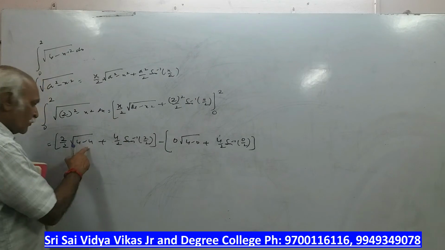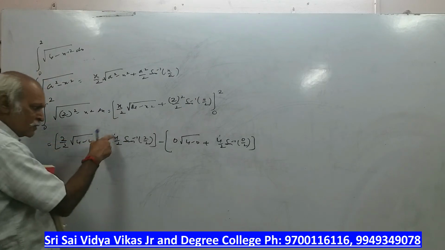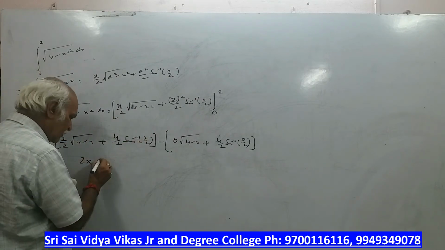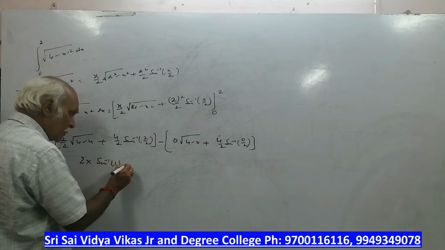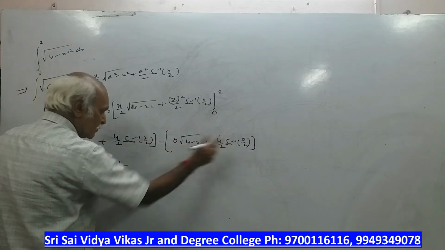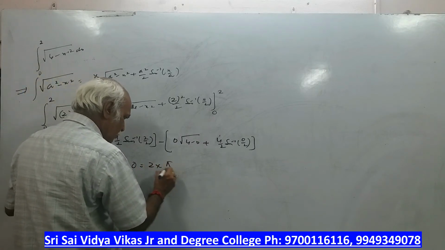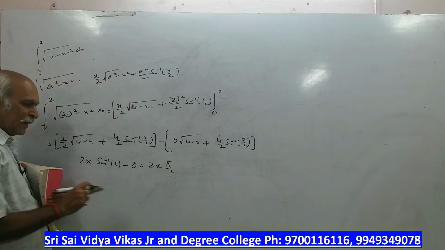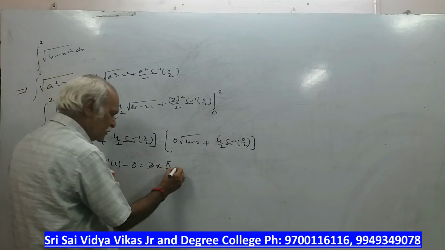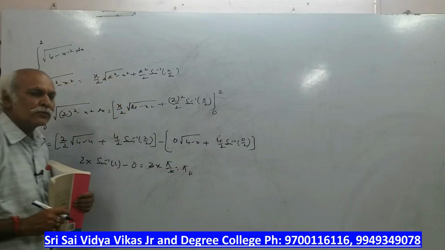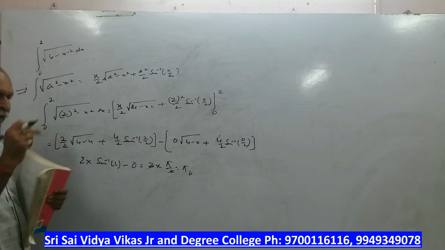So this is 4 minus 4 is 0, this will become 0, this will be 2 and sin inverse 1 will come. Minus this is 0, this is also 0. So what will happen? 2 into sin inverse 1 means pi by 2. For what angle of sine you get 1? 90, that is pi by 2. That 2 will get cancelled, answer is pi. Right, so here we are applying a standard formula, then put the limits.